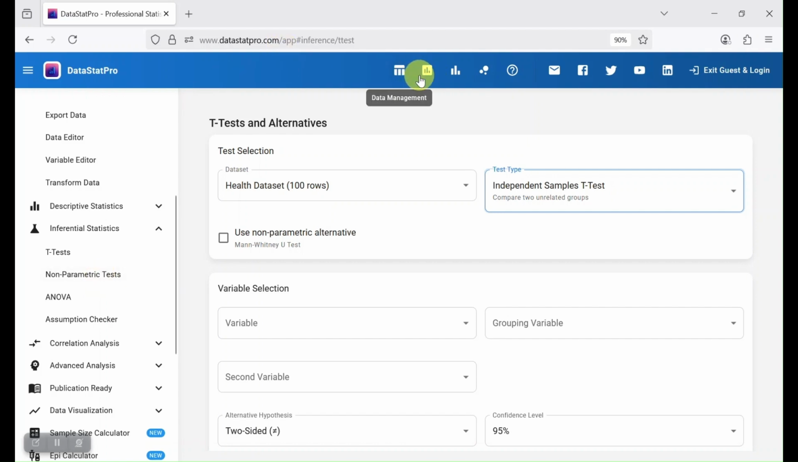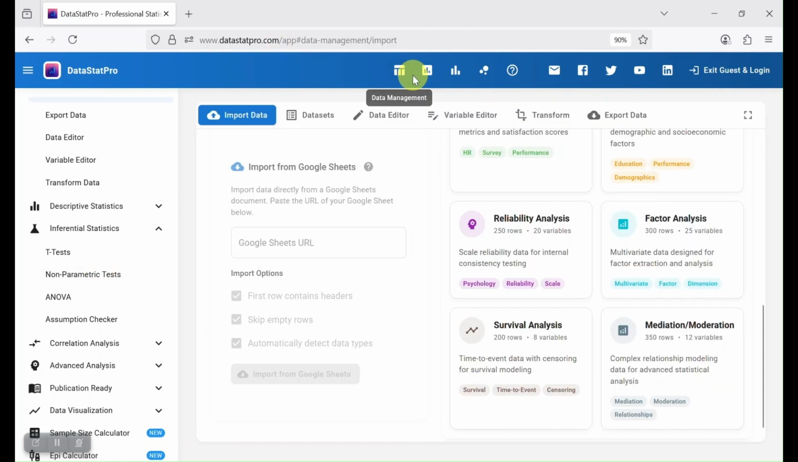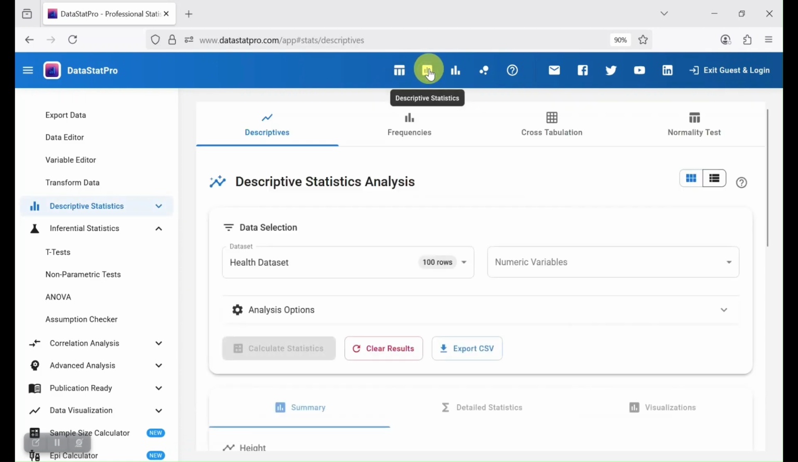Even you can access some of the analysis from the header. So this is the data management. This is the descriptive module, as you know, contains descriptives of numerical variables, frequencies, cross-tabulation, normality test,